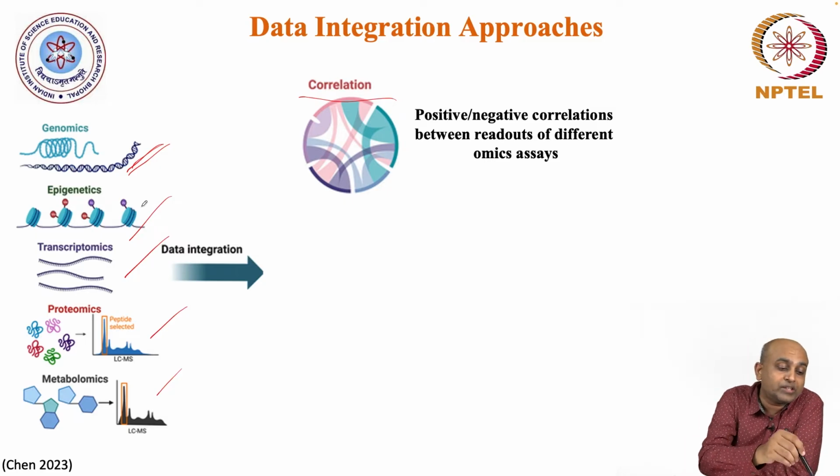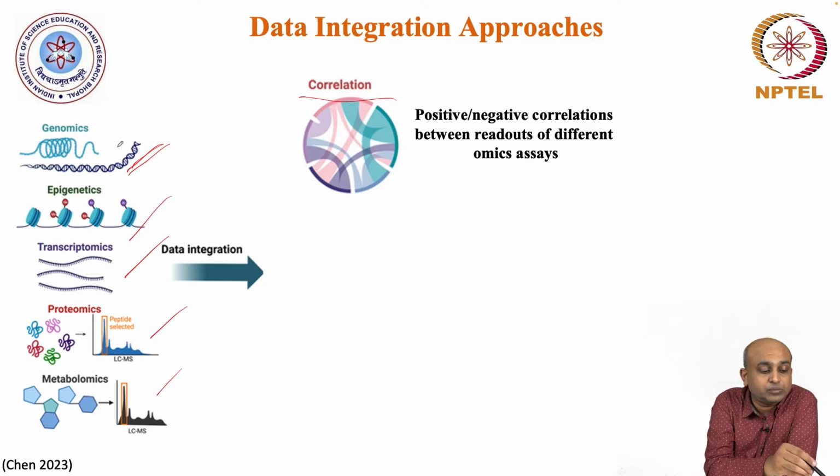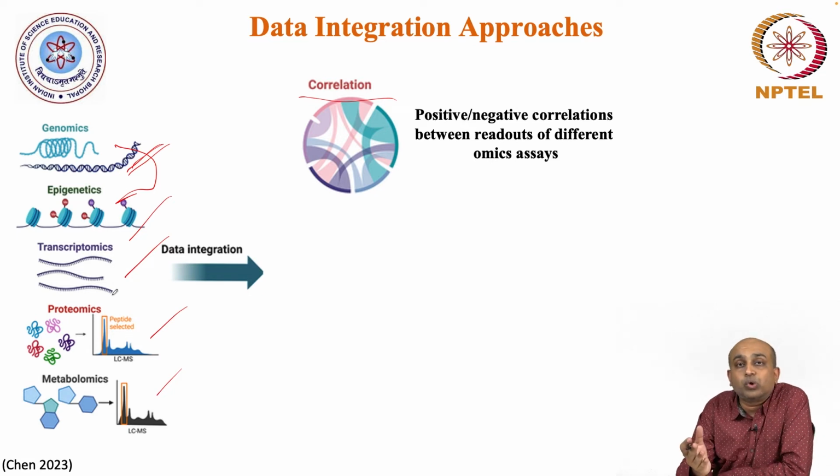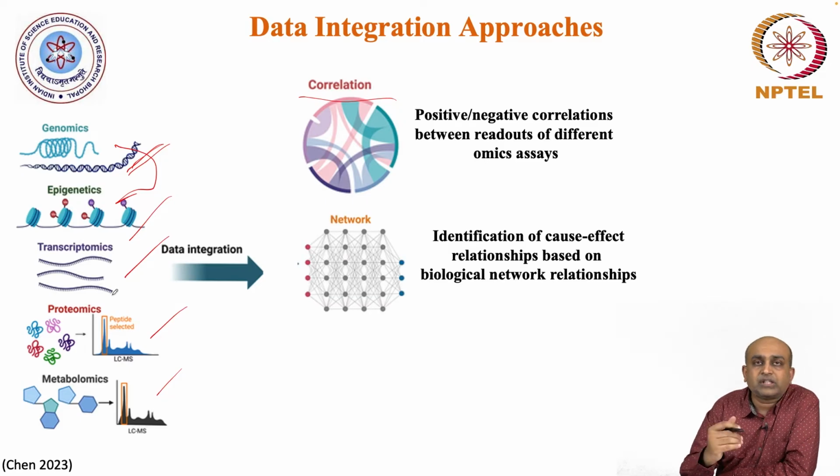So you can do those kinds of pairwise correlations between each of these assays. You could correlate genomics and transcriptomics, proteomics and transcriptomics, or you could do correlations across more than two entities as well. So this is one very simple way of doing data integration. A slightly more sophisticated way to do data integration is